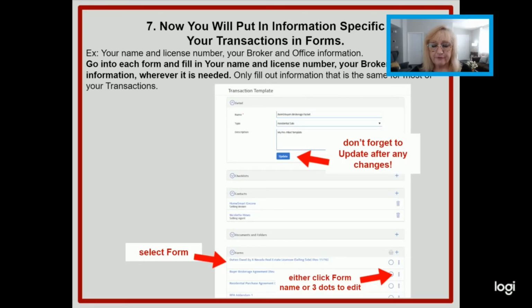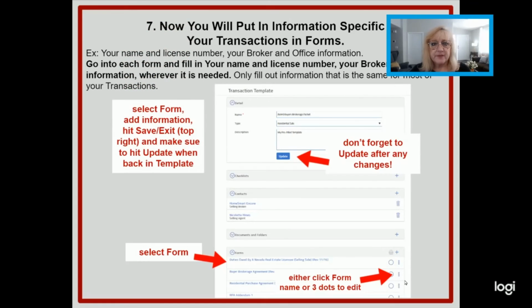Now we're going to go to the forms area, which is lower down on the page. And you can click on the 3 dots at the end of the form that you want to personalize. And you're going to personalize all the forms that you can. There are some that you can't, like the buyer's notice of disclosure. I don't think there's anywhere for the agent's name. So